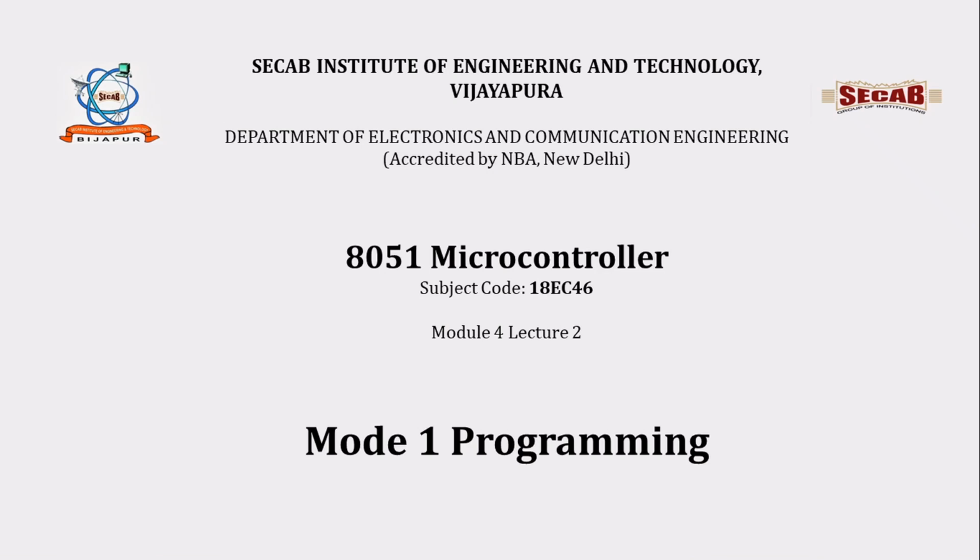So in the previous lecture we had started off with module number 4, that is our timers. We had discussed the basics of the timer, how many timers are available in the 8051 microcontroller, what are those different types of timers, how can we control those timers, and what are the different types of modes which are available in timers. And we had looked into the TMOD register, how actually we are going to control these modes in terms of the TMOD register, that we had looked at in the previous lecture.